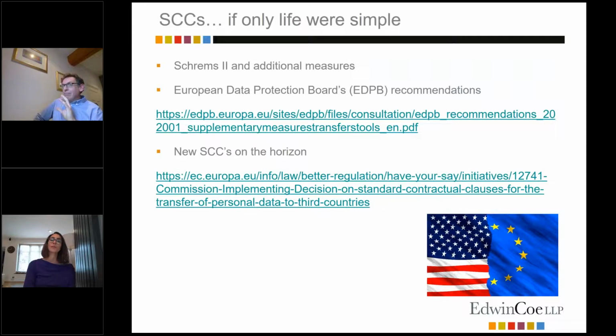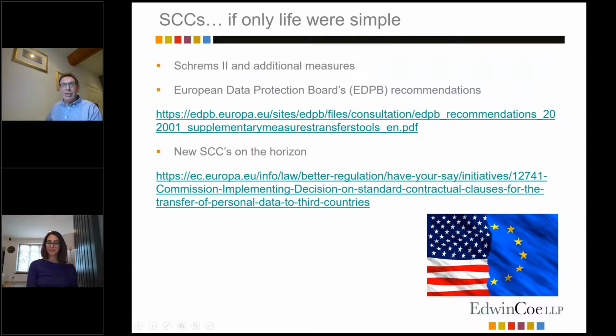So in many ways, you should have been doing this already, because this is the whole point behind standard contractual clauses. But the effect of Schrems 2 is to now make that a real obligation, something you really must do. Now, I think the best way of looking at what that really means in practice is to have a look at the